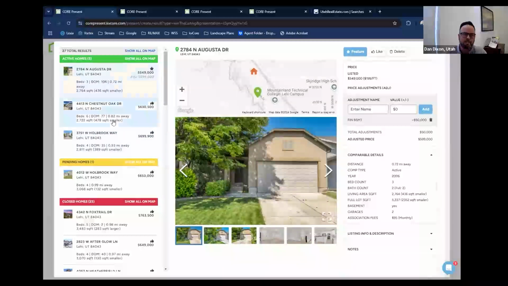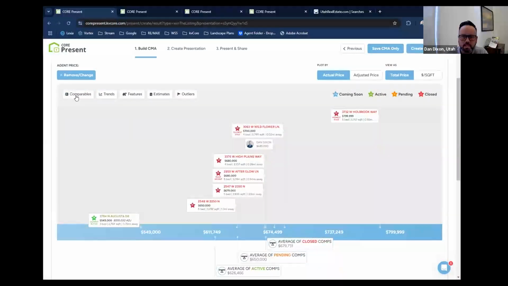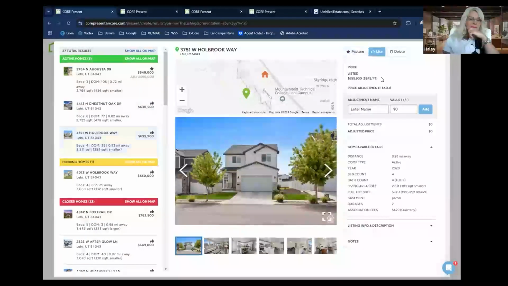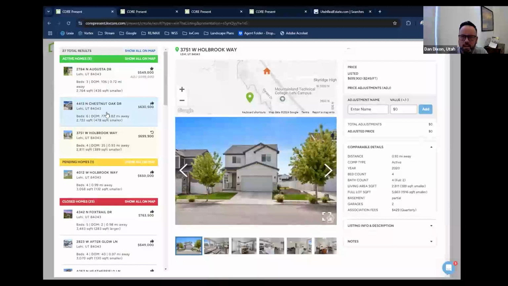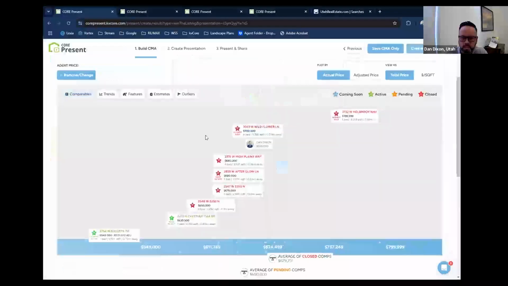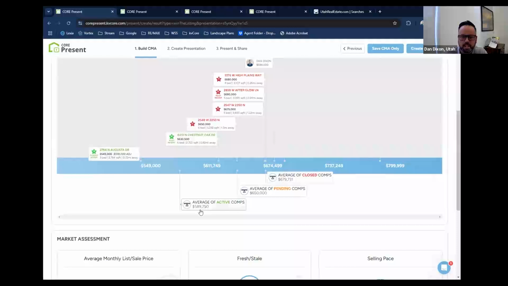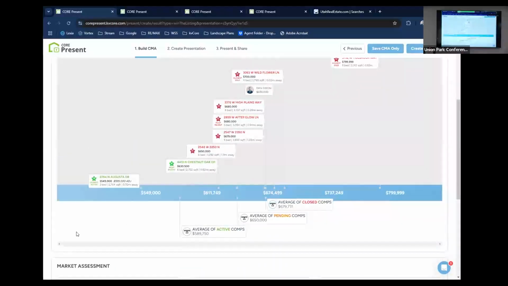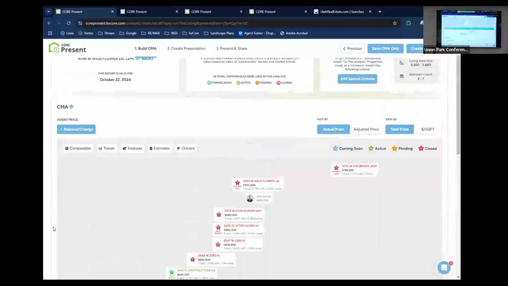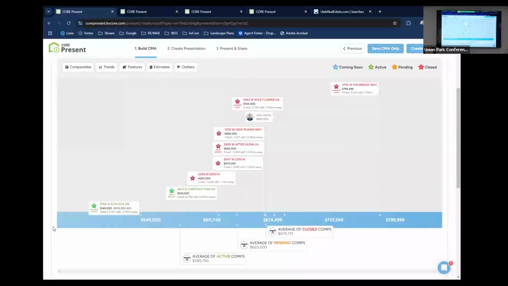So we have three. Let's see this because I actually don't know the answer to this. So we got three here. So right now we're at 626. Oh, you do have three. So let's get rid of this guy. Right, we were at 626. Now it should be considerably lower. So the active went down to 589. Okay. So it does affect it. If you were to remove the one that's 799, it'll change your range as well.